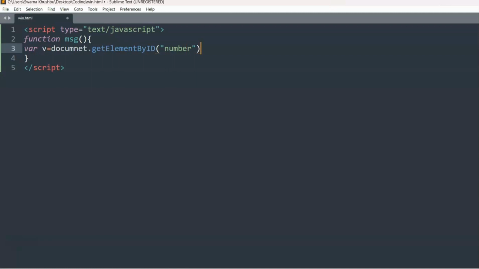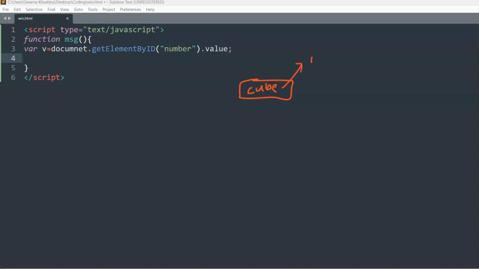Fine. And dot value, okay? And after this, basically in this particular code, what I am trying to do in the output is find that there would be a button, wherein you will have some value. Let's say the value is cube, okay? So whenever the user clicks on this particular button,